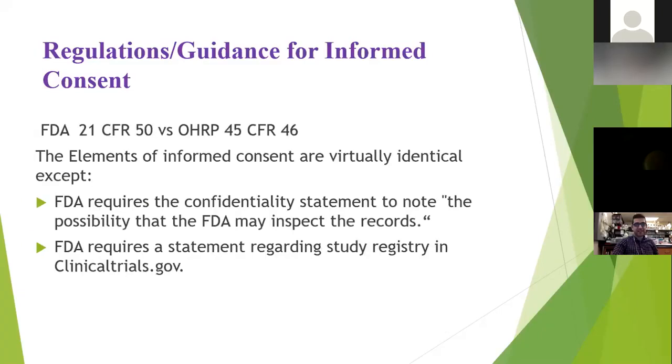Okay, so I want to talk a bit about FDA versus OHRP: 21 Code of Federal Regulations 50 versus the Office for Human Research Protections, 45 Code of Federal Regulations 46. They're virtually identical, but FDA requires that a confidentiality statement be included in the informed consent that says specifically that there is a possibility that the FDA may inspect records. FDA also requires a statement regarding study registry in